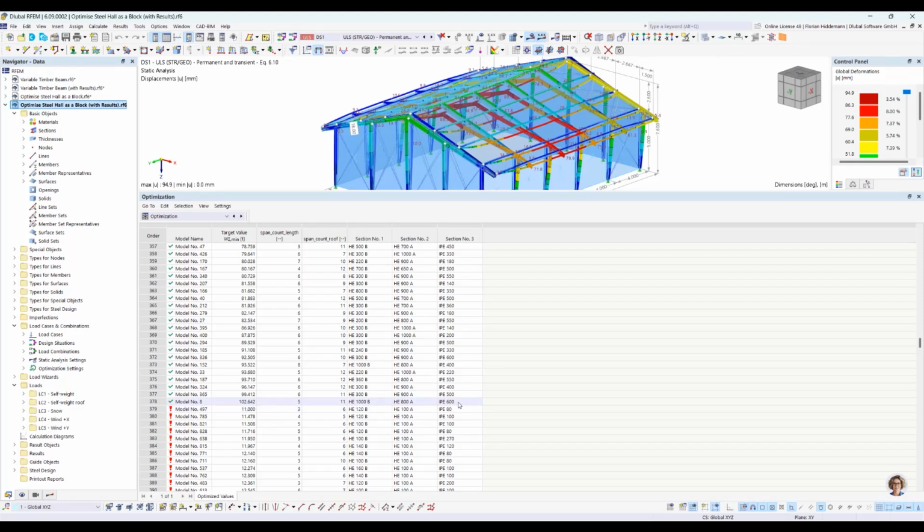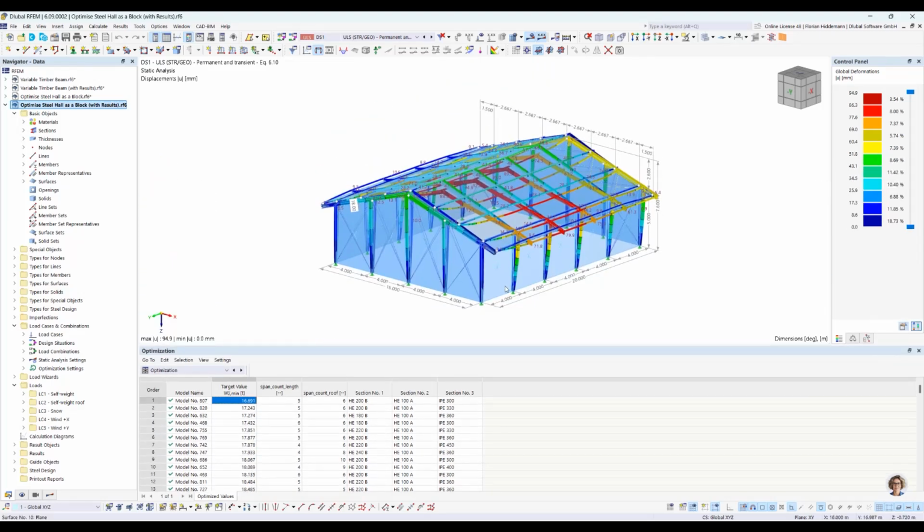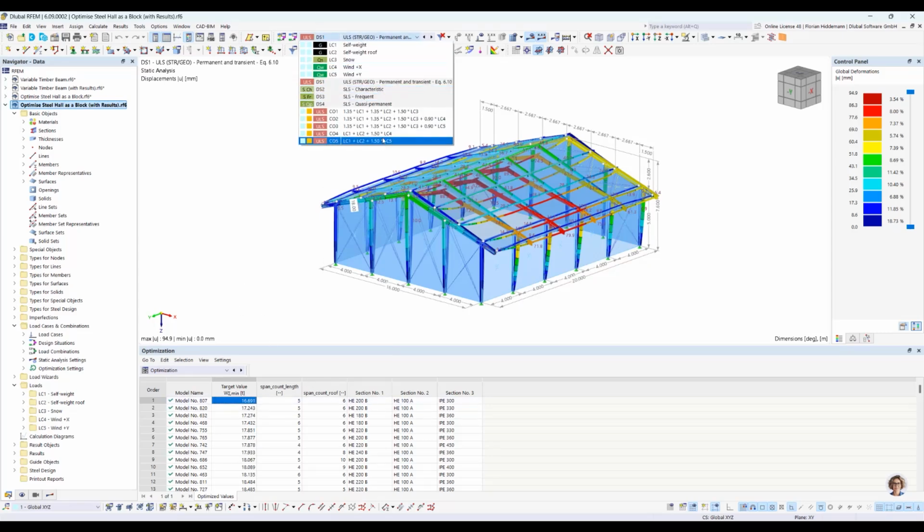It's safe to be in it, and maybe a bit heavy, but also you can go down to 16 or 17 tons for a 20 by 16 meter steel hull. And yes, I have to say, in this optimization run here, I have only considered some